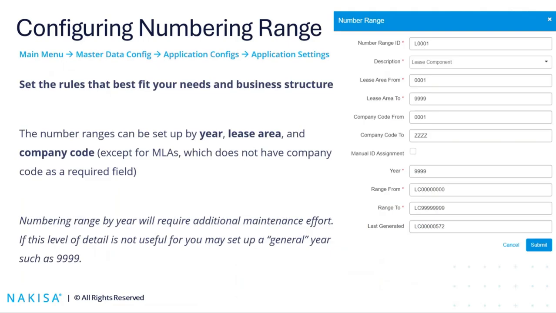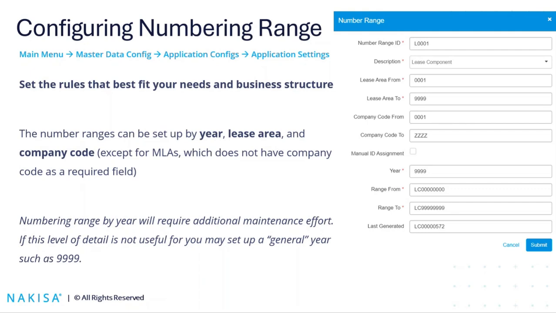Further to that, you can set up the numbering range by lease area, by company code, and also by year. This level of granulation really depends on your needs, on your business structure. So just a little reminder on the fact that this is something that you already have configured in your application. If you want to change it, you can do so. All the numbering range will take effect moving forward, not affecting